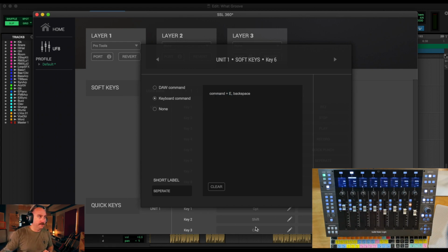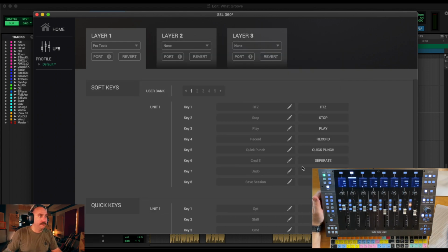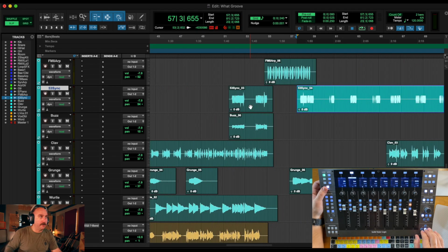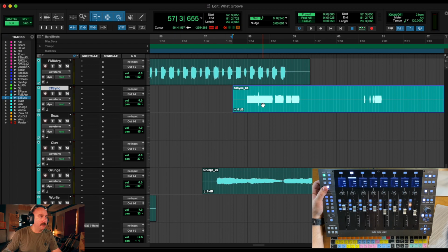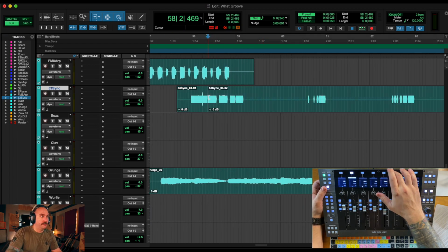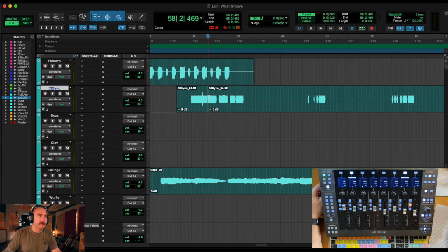I have to hit clear. Now there's nothing here. This is what it looks like at first. And then if you click right there and just hit Command E, bam, it pops up. Now close. And if we hit the 360 button again, and let's say we select right here, and we click this mode button right here, zoom in. If we were to click right here and hit separate, bam, it separates